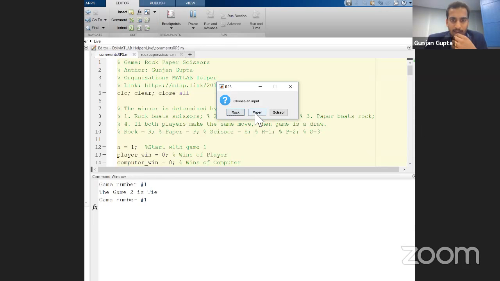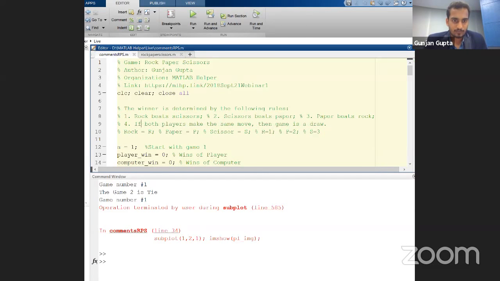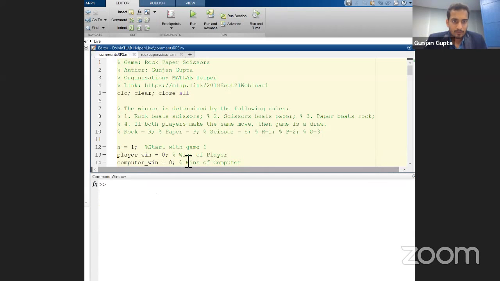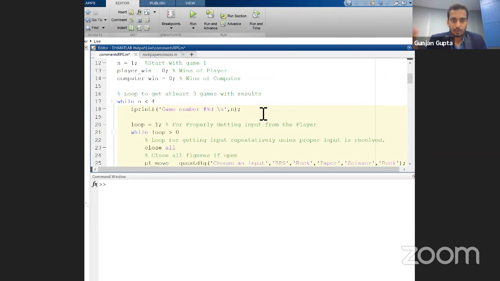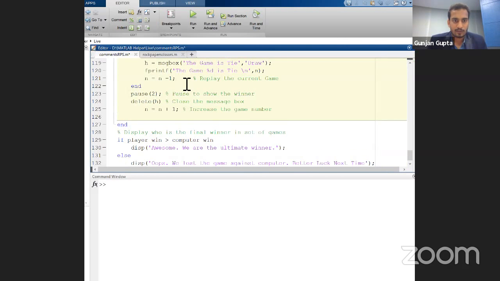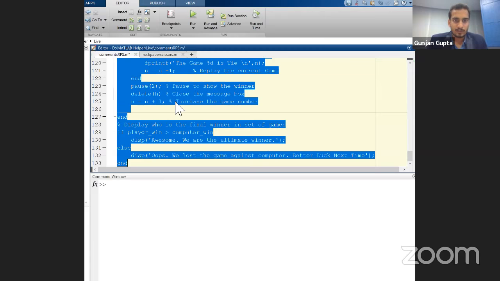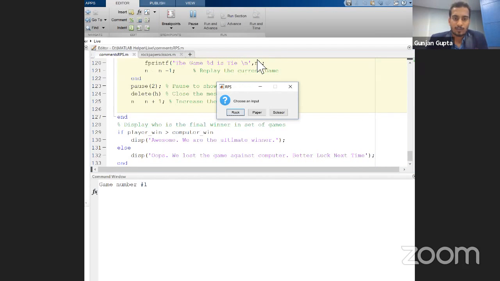All right, so we have made a mistake. We need to correct that. Let me show that to you. Sorry. We have incremented the game number in the initial part of the while loop. So even though the game was first, it was displaying game number 1. Here it's taking n equals n minus 1. So to take care of the situation, I'll be taking n equals n plus 1 here to increment the game. Now I think even though the game would be a tie, it will be displaying the proper number.